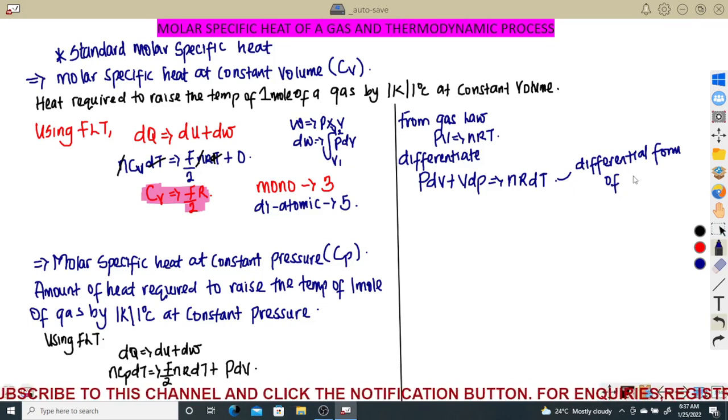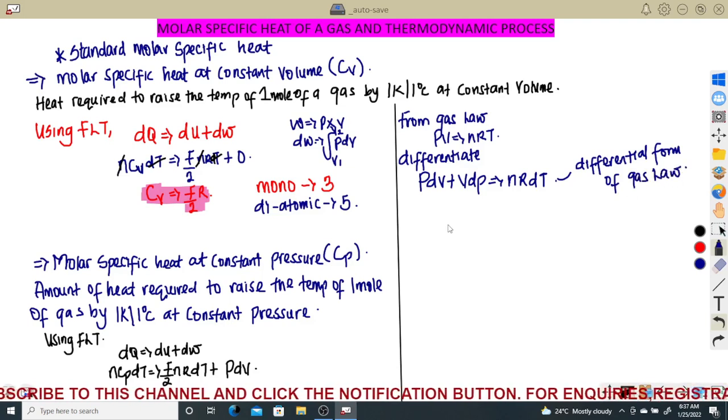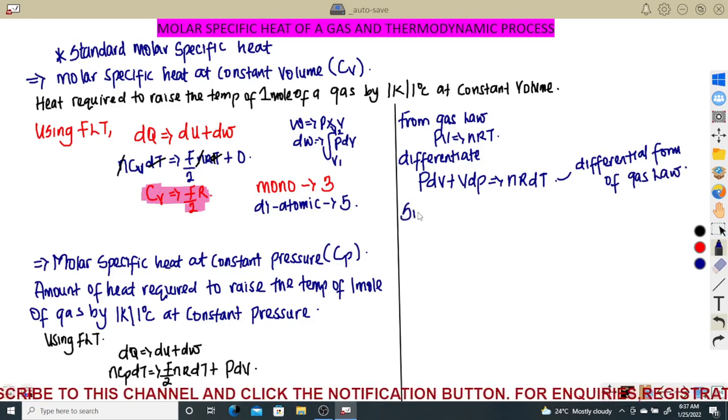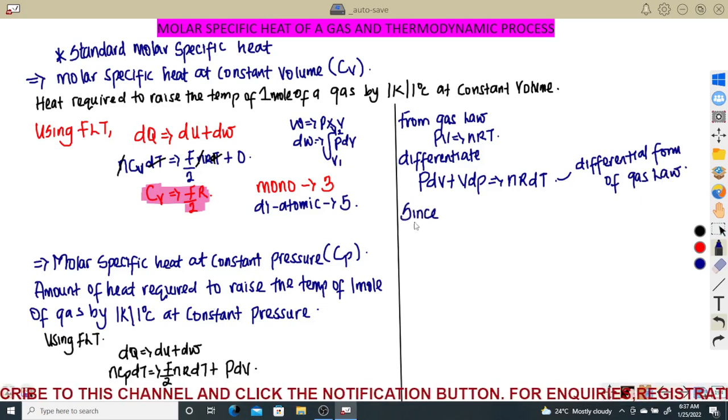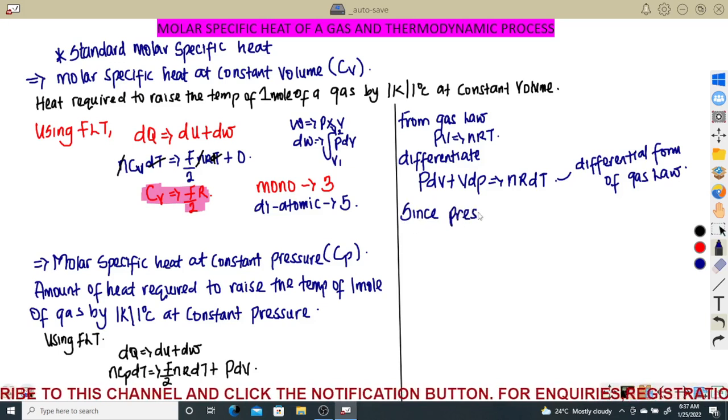So this is the differential form of gas law. And from there we can substitute. Since we are talking about molar specific heat at constant pressure, since pressure is constant,